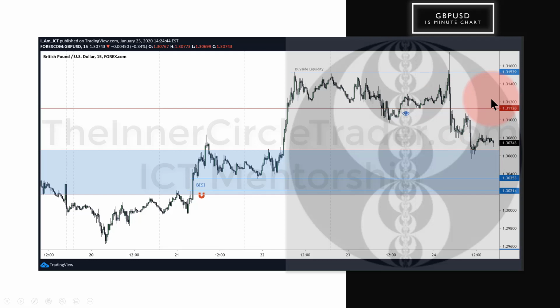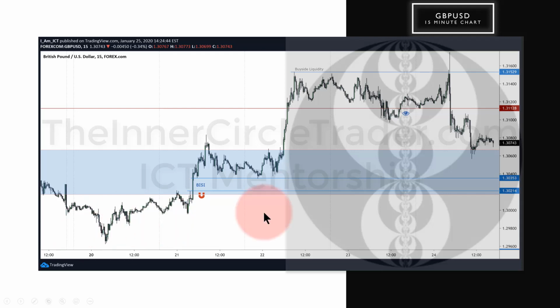So it runs it back up in the air, I lose all interest. It would need to sell off, create an imbalance in the form of a SIBI, sell side imbalance, buy side inefficiency, and then fill that, and then another short would form. That again, that's if it fills this in. I don't want it to go up there as it is right now. And again, the buy side imbalance is here. Lots of liquidity resting below here and a smaller level in here. So if we get some kind of wild price action and further upside for the dollar index, that would really spool price lower on the British pound, reaching for the levels that I indicated on the hourly chart.